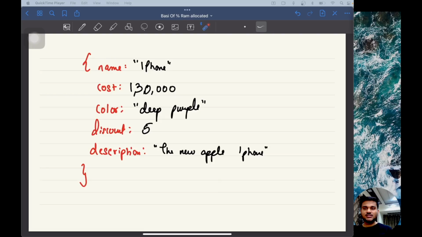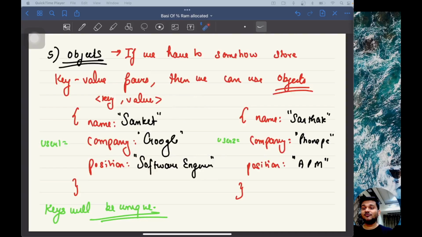This complex entity, where we are storing things in the form of key value pairs, key value, key value, is an object. So wherever we have a situation where we have to store key value pairs, where we can show complex entities, that's going to be done using a JavaScript object. And these objects are going to be of quite some relevance in your development journey as well. And when you are going to do data structures and algorithms, then also